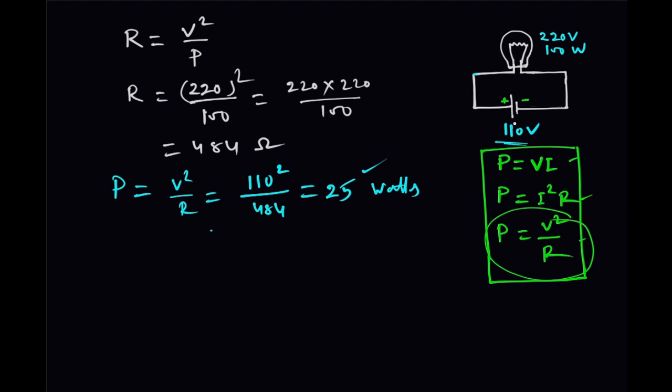Now for any supplied voltage, you can easily calculate the power consumed by this bulb. If the voltage is low, the power consumption will be less, and if the voltage is more, the power consumption will be more, more current will flow, and this filament may not bear that, and it may burn out. Okay, next time we'll discuss more. That's all.